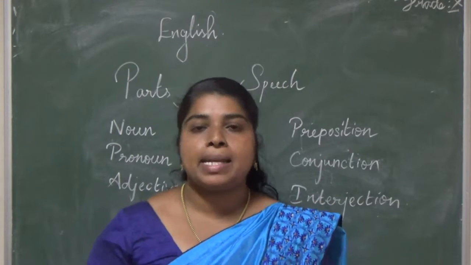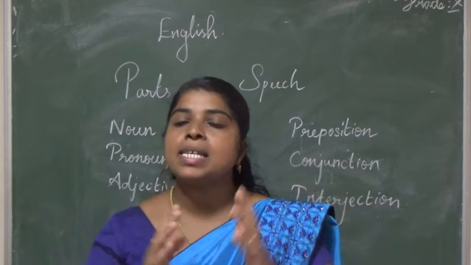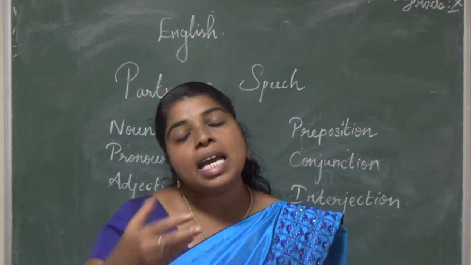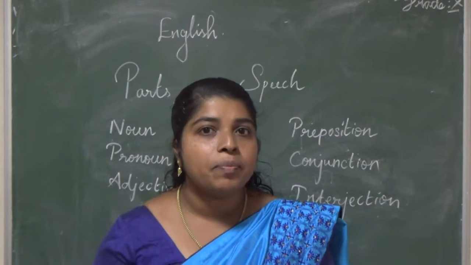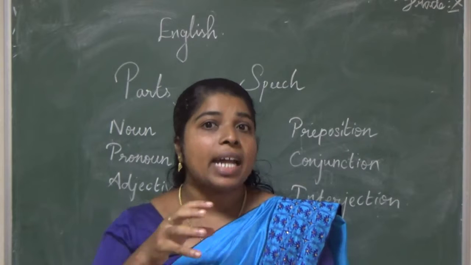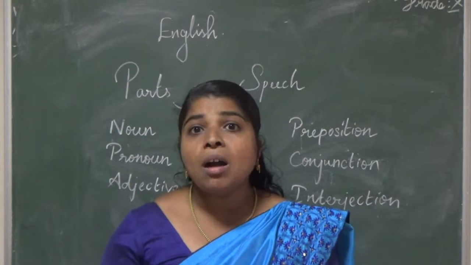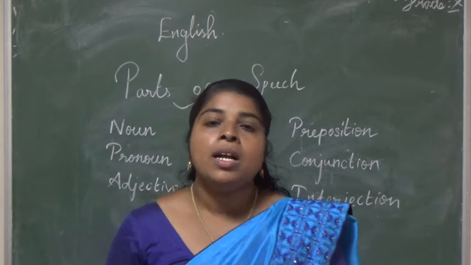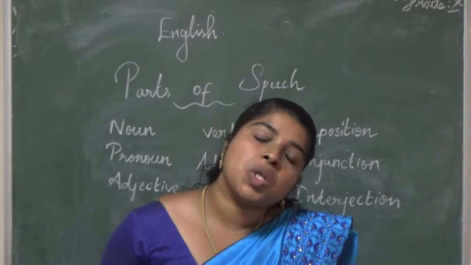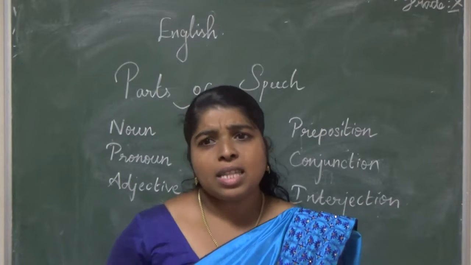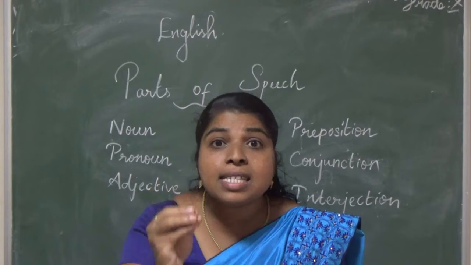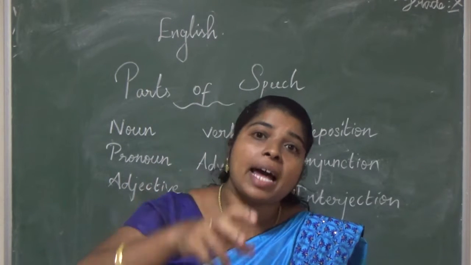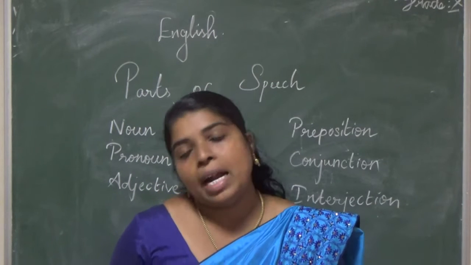Now we can see some examples with that same sentence. Ram is a boy, we say he. Instead of Ram we use the word he. Now I am going to add an adjective there. Ram is an intelligent boy. Got it? Or else we can say Ram is a tall boy or a short boy. These all words describe Ram. If we are using any words to describe the noun, that is called adjective.